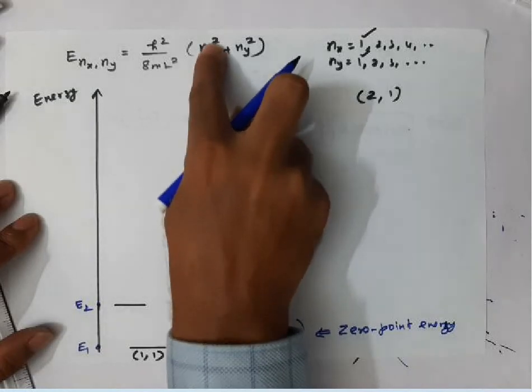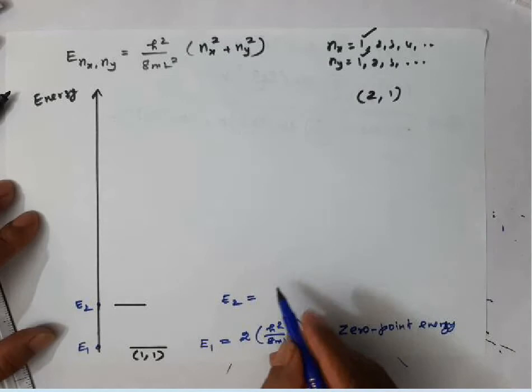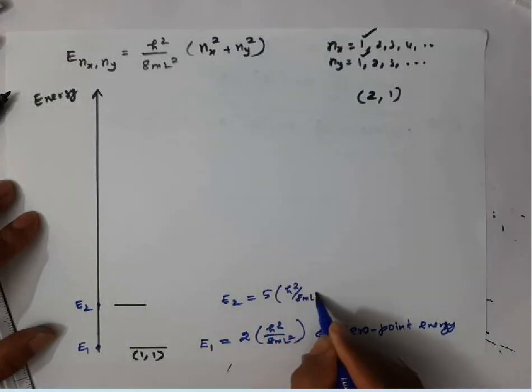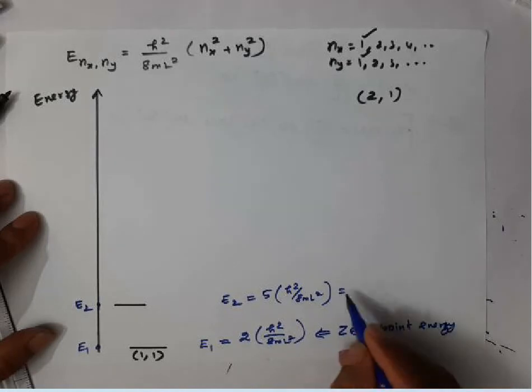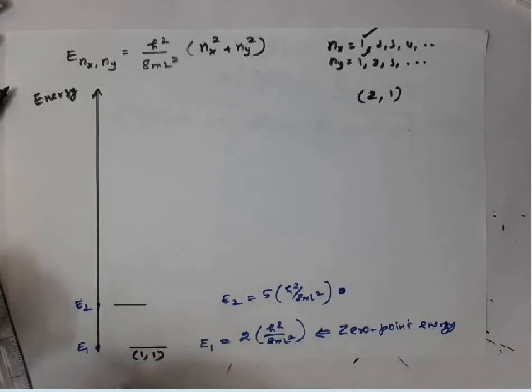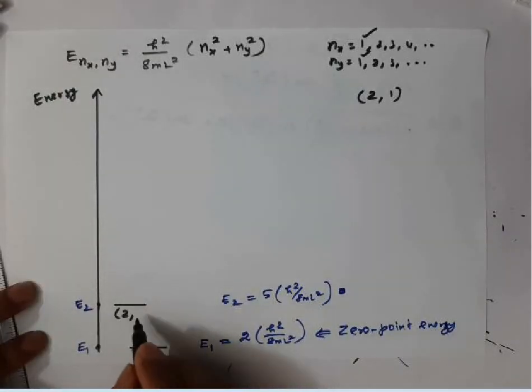So 2 square is 4, nx is 2, ny is 1, 1 square is 1, 4 plus 1 is 5. So you will get 5 times h square by 8ml square. Or I can write, yeah, 5 times h square by 8ml square, right? So this is the state where nx is 2, ny is 1,